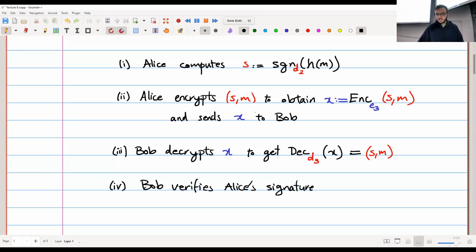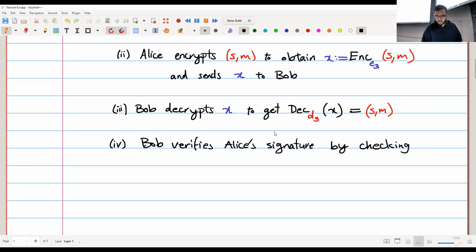Now, how was this done? Well, you just check if you run your verification function on S, does it really give you M or not? So S is the signature. If I run the verification function on S, I should get my message back. Basically, I can say by checking whether this happens, whether verifying S,